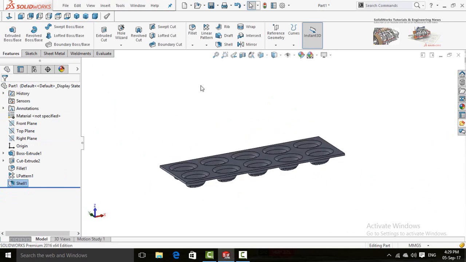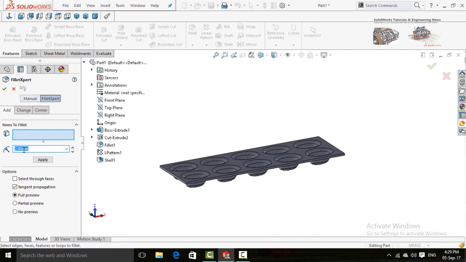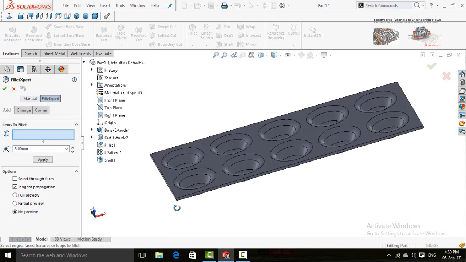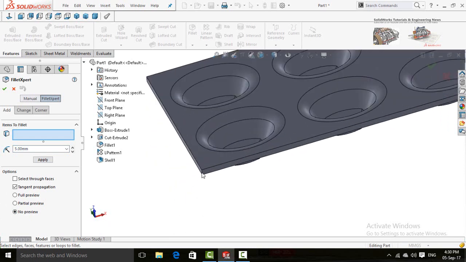So again click on fillet command here, set the fillet radius 5. If your computer is slow, check to this box no preview. Now select all these 4 corners one by one.